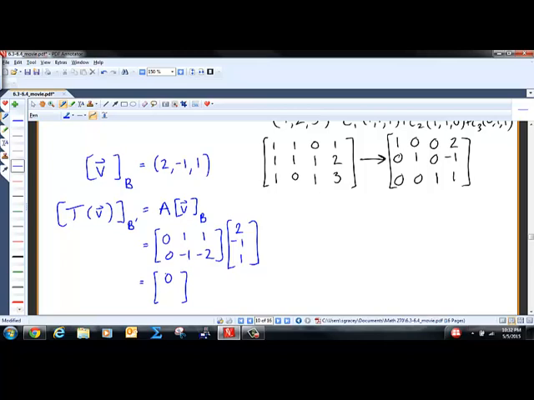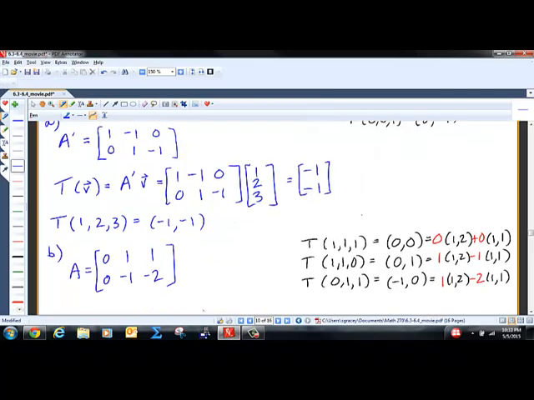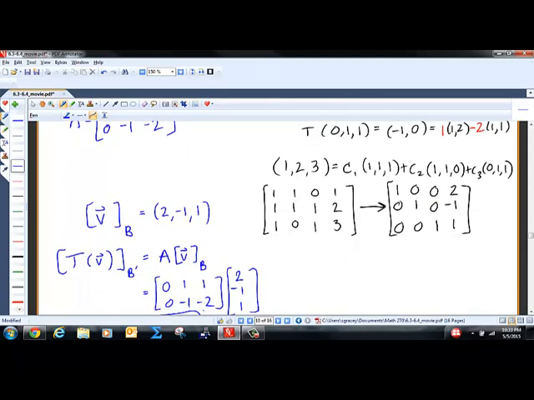And then 0 times 2 plus -1 times -1. So we'll get 1 minus 2 there, which will be -1. So that's our result for this guy. So here we go. So if you want to write that out,